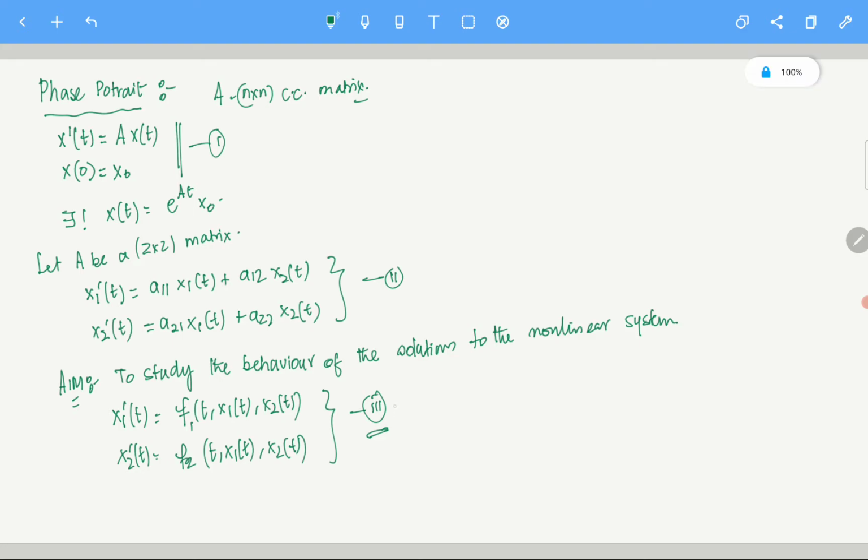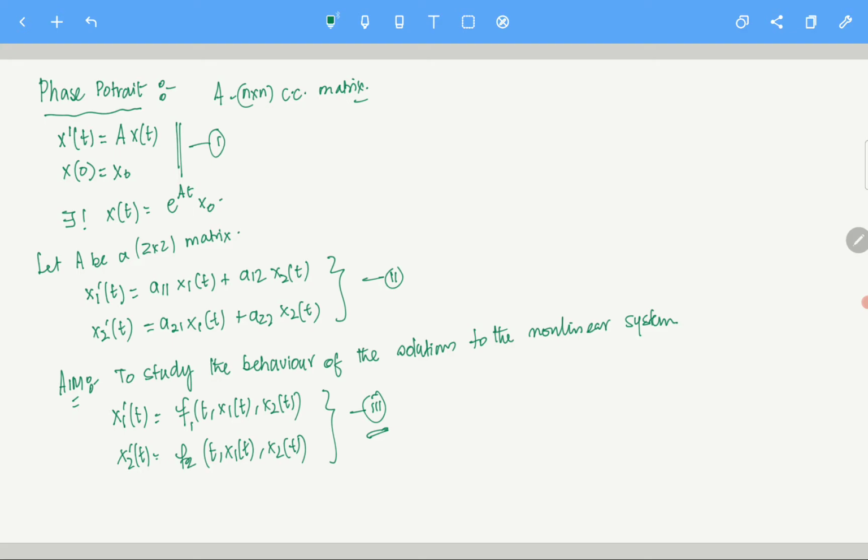But the thing is, given an initial condition for 3, we know that there is a unique solution, right? That is by Picard's theorem, which we proved in the last class. So there are solutions, but solving this 3 is extremely difficult. In most cases, it is actually impossible to explicitly solve it. Picard's theorem may give us, if f1 and f2 are sufficiently nice and satisfy the Picard's theorem conditions, of course it will give us the solution. It will say that there exists a solution, but it won't say what the solution looks like, right? Okay, so that is our aim.